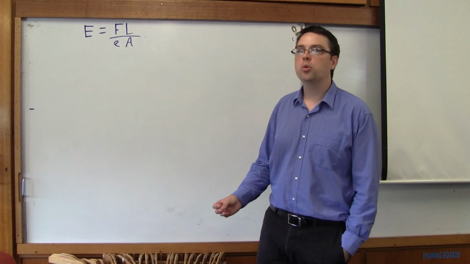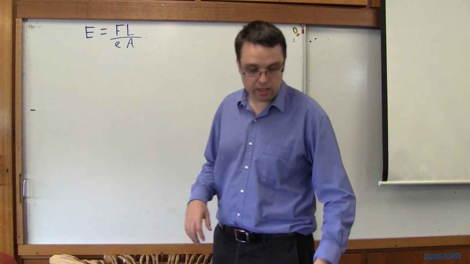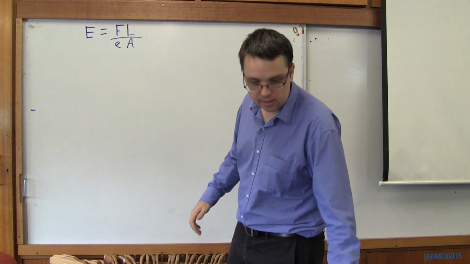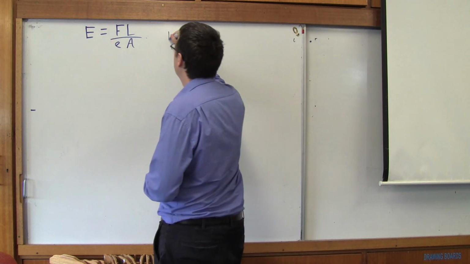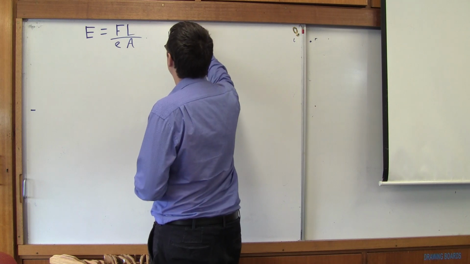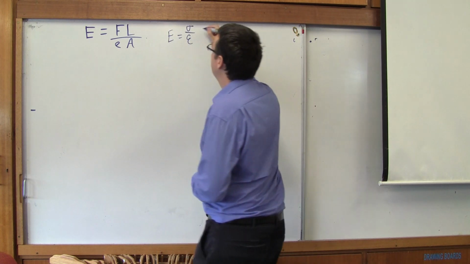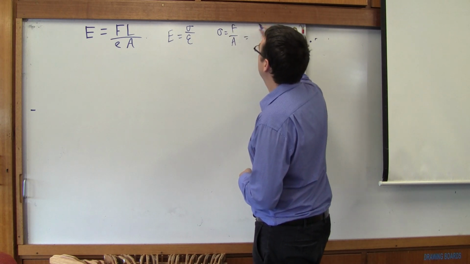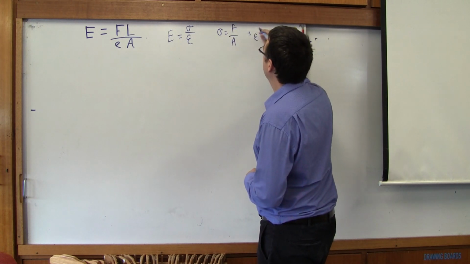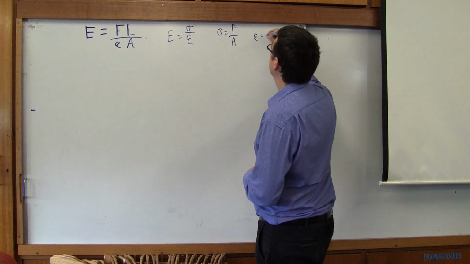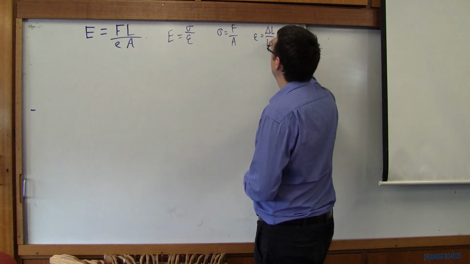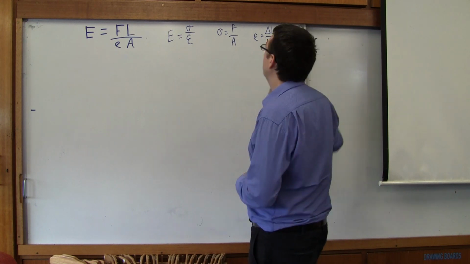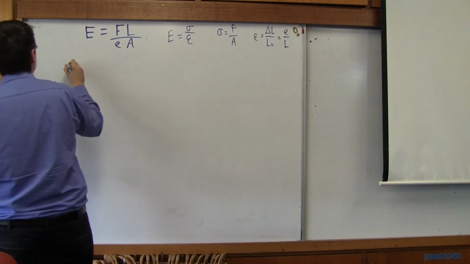In this video I'm going to go through a whole bunch of HSC E equals FLeA questions. So when we have this formula E equals FLeA, we know that E is the Young's modulus of elasticity, which is equal to stress over strain. If we know that stress equals force over area, and we know that strain equals change in length divided by original length, better written as e over L, what we get is this formula where we have